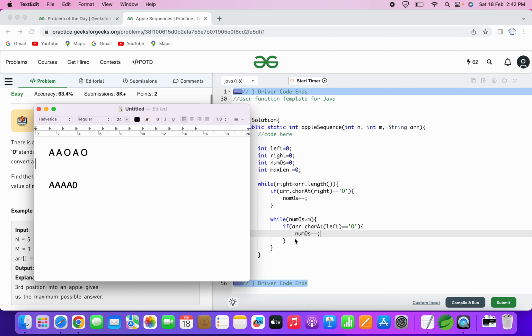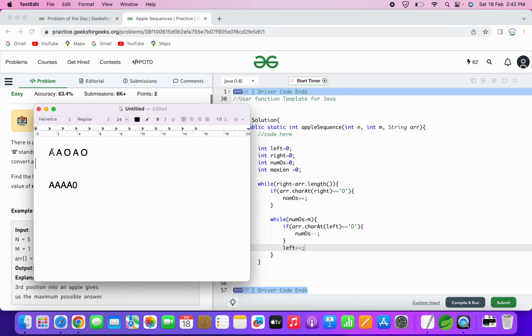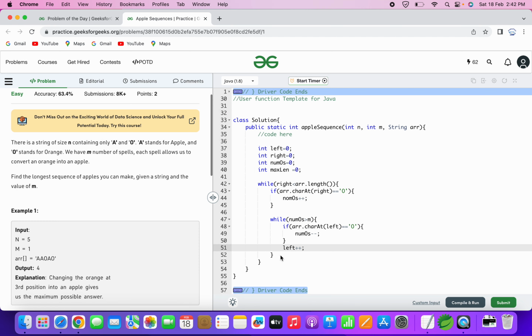And at each step, once we decrement this, we'll just increment the counter, plus plus. So even if, for the first two scenarios, that means A and A, this O is not encountered. In that case, it will simply increment the left window, and the right pointer will be waiting at this moment. Okay. So once this is done, then here